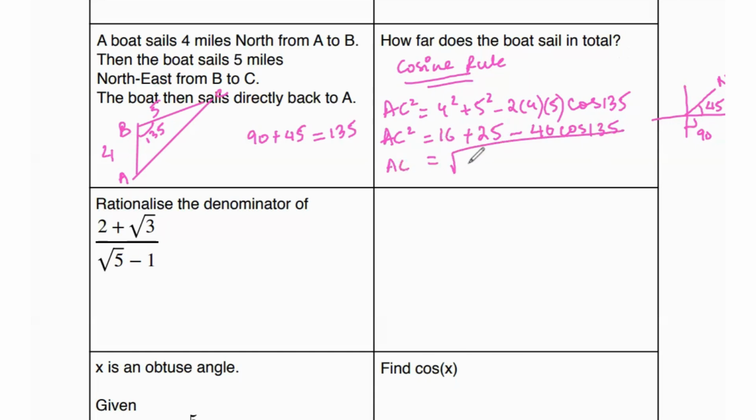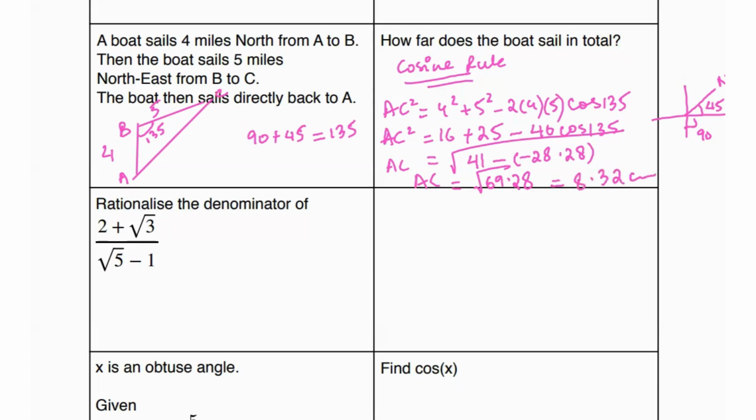This is going to be 41 plus 28.28. And then we take the square root of that, square root of 69.28. That leaves us with 8.32